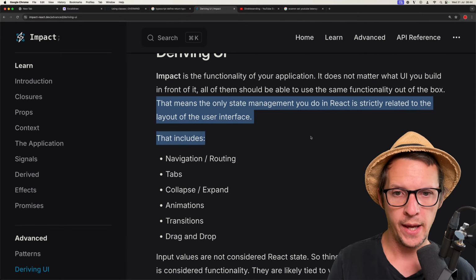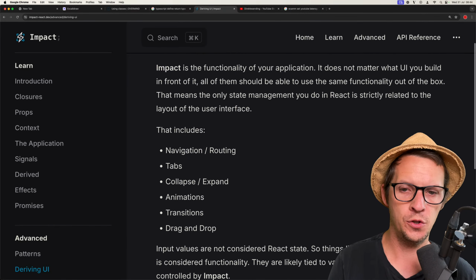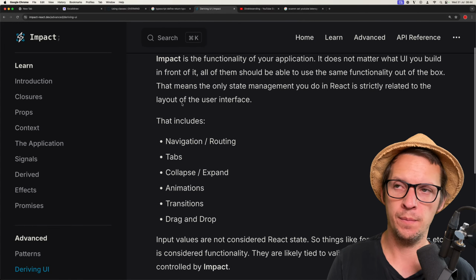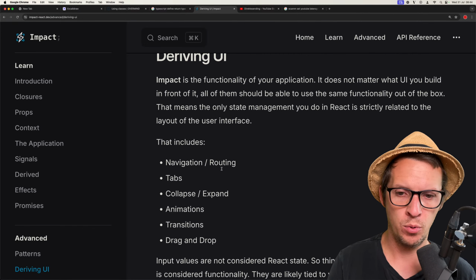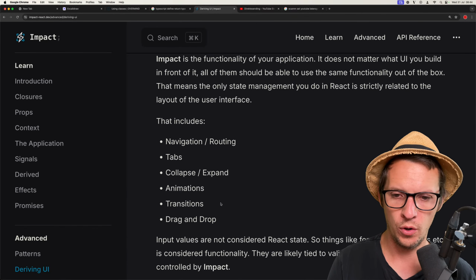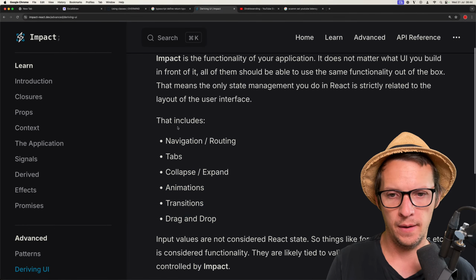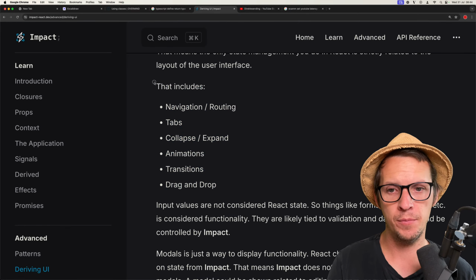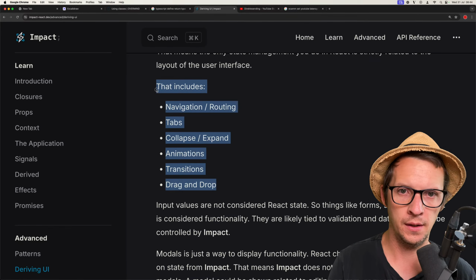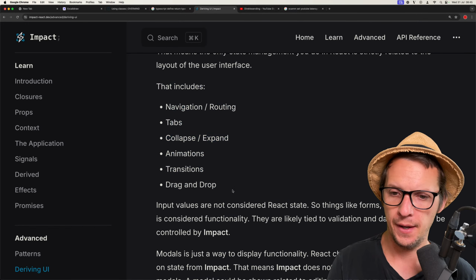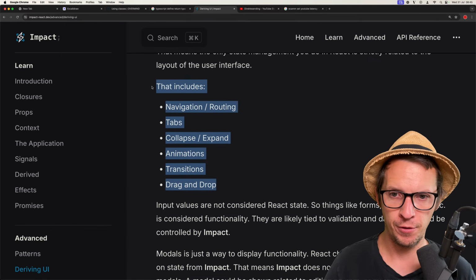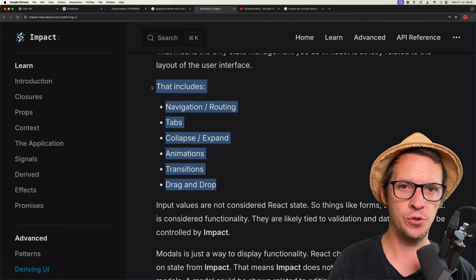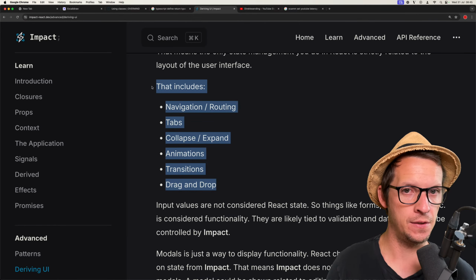But here, when it's global, we have to answer the question, what should be in the state store and what should not be in the state store. But when you scope them to components, it becomes less important to make that differentiation. It's more just follow your intuition. So when you scope it to specific components, it becomes more natural to do routing in the components, for example. Because what you do is you take the information from the route and then you mount the store based on route information, as opposed to just calling an action inside a global state store.